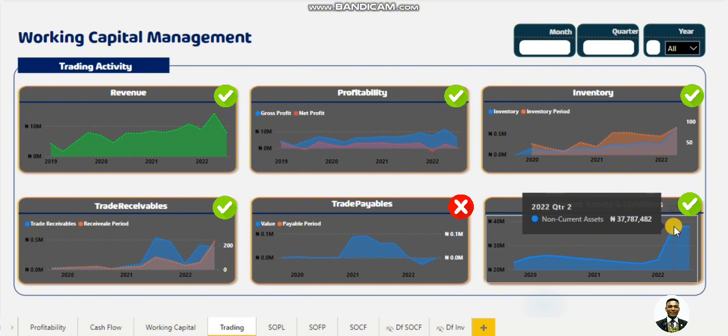In terms of the inventory turnover period as well as the receivable period, we saw that these had continued to grow